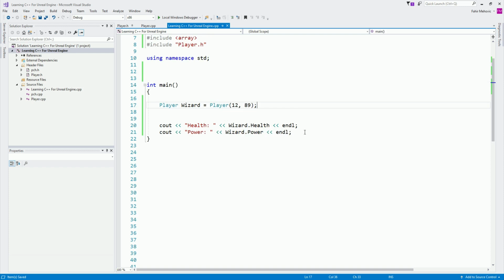So this is what classes are and how we can use them to model the behavior in our program or in our games. In this case, we model the behavior of the player, but you can use this to model the behavior of pickable items or collectible items, of enemies, of projectiles, whatever. But this is how you do it.